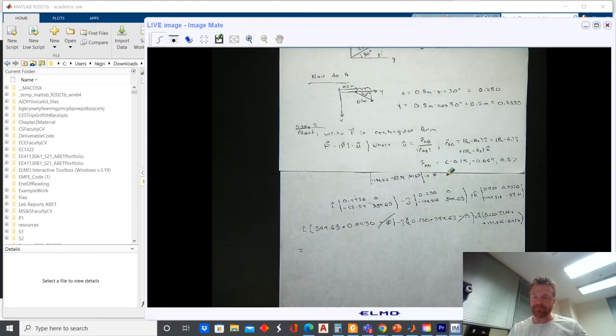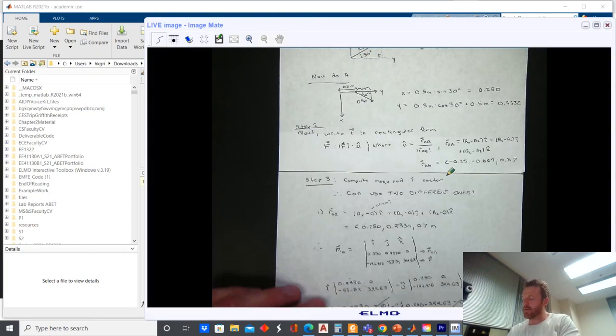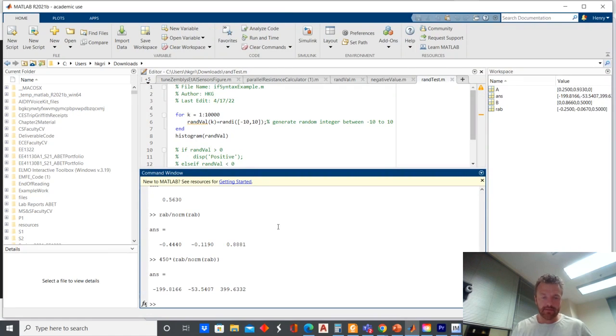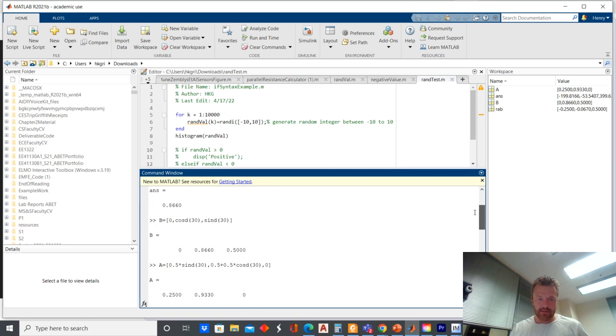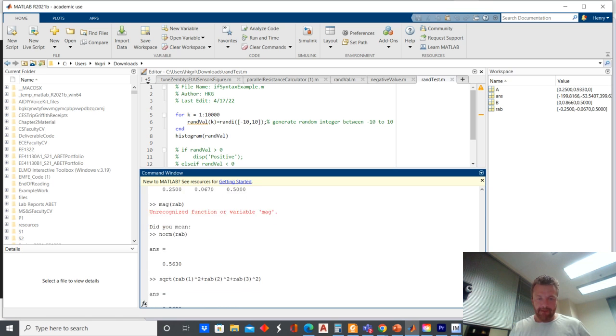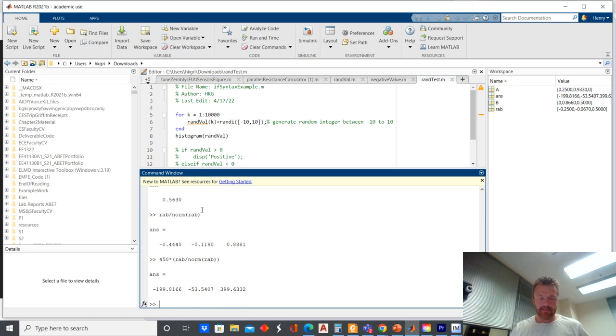So this is, if you think about it, the vector that we've called in our software A crossed with F. So let's make sure we got F saved in here. I don't think I did do that. Where would I have had that at? I got this. This is the unit vector. Yeah, here we go. Let's say F equals answer. And then I want to cross vector. If you look, I have vector A stored in my software, so I can just cross A and F. And I will get